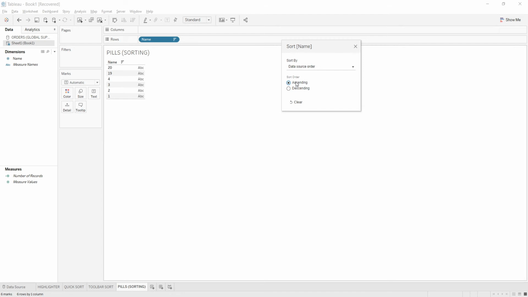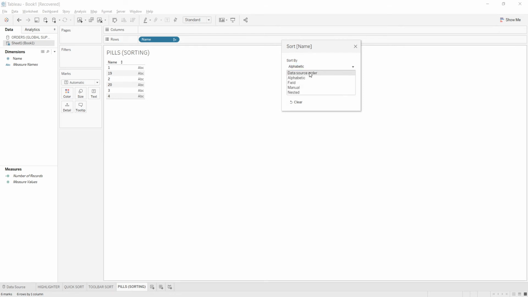It is simple. But if I do the alphabetical ordering for this type of data, then it will show me the data in the format of A to Z, where 19 would be shown before 2 and 20, because 19 has the first value as 1, which will be taken as an alphabet. So it will take the first value as 1 and then 19, then 2, 20, 3 and 4. In this way, it basically works.